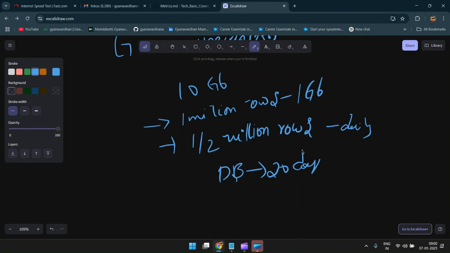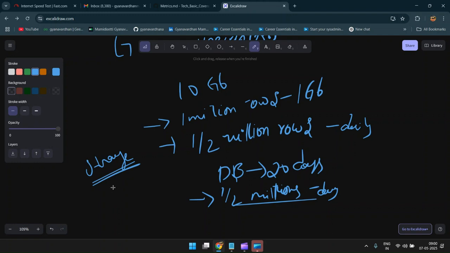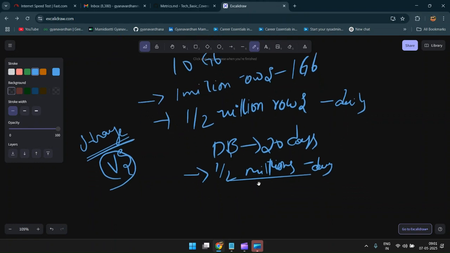And if you make the 500,000 rows right in next day, our DB will be crashed because the storage is full. Got it? So this is also another metric to monitor how much is our storage left, and do we need to scale it like vertical scaling, increase the disk, mount another disk for this, such that the storage will be increased and stuff, right? So this is regarding the